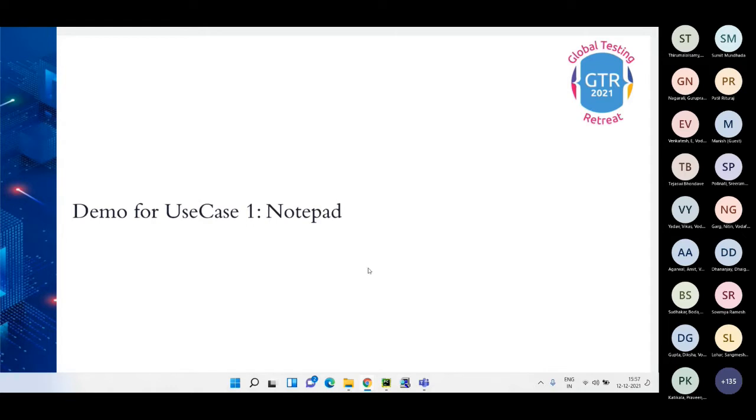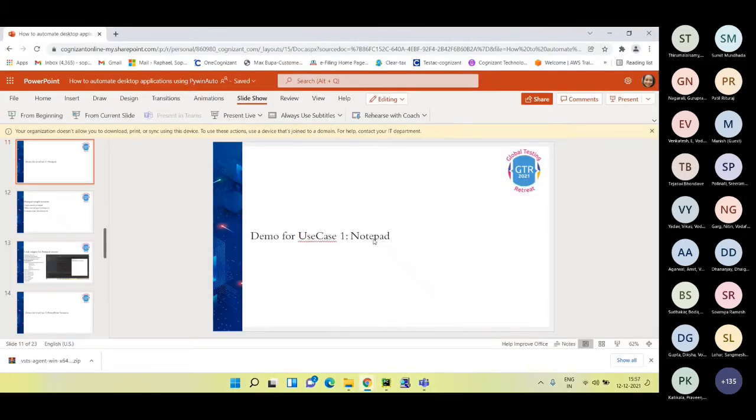So let's move towards one of the test cases for Notepad. The scenario I will be sharing is where we open a Notepad, enter a text, and apply basic formatting on it.